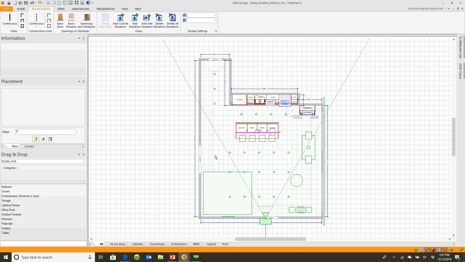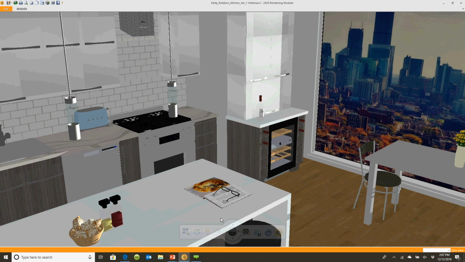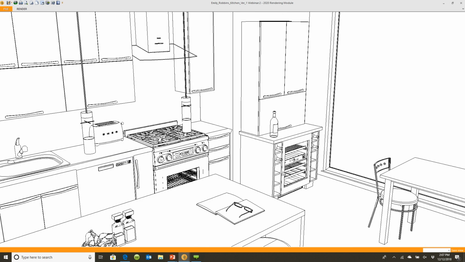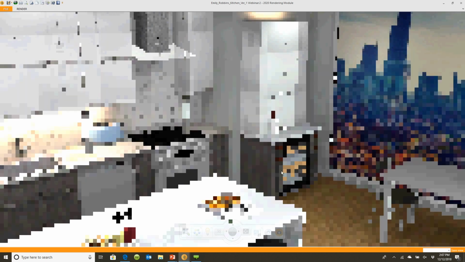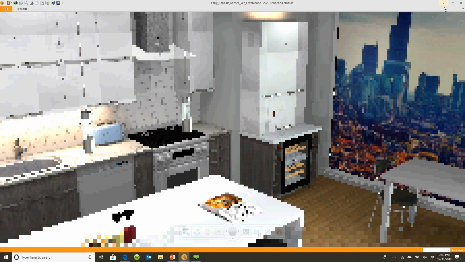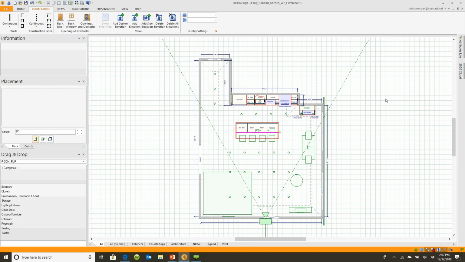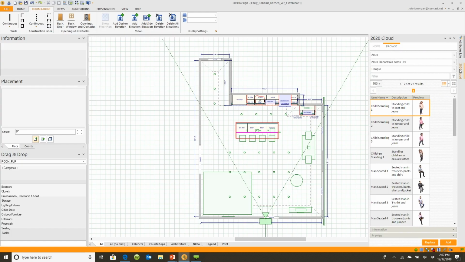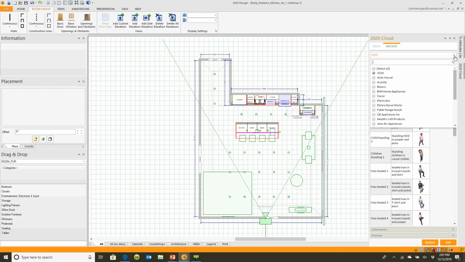Here's my floor plan. You may notice that I already have an elevation open for this particular plan. You'll see it'll start to render here in a second. I'm going to go ahead and minimize this. If we come over here to the cloud catalogs, not only can you find the 2020 catalogs here, but your favorite appliance companies,